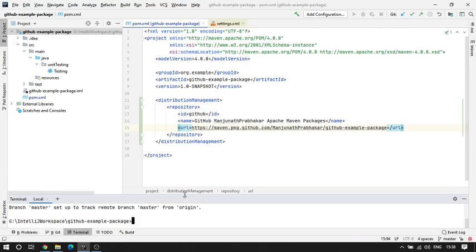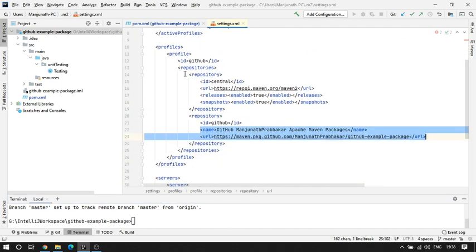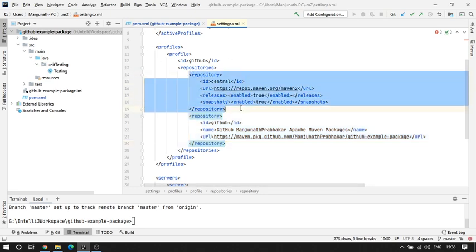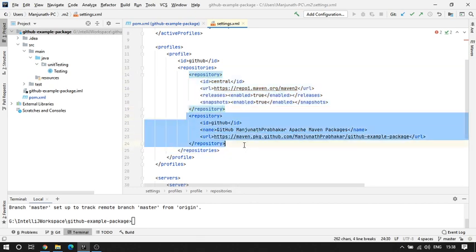Before I do this, I'll explain what we are trying to do here. Why is there a Maven Central Repository and a GitHub repository? Most of the dependencies for your Maven project will come from Maven Central Repository, and certain things, like what we are doing now, might come from GitHub repositories. So in your project, you might have a mix of some repositories hosted on GitHub and some on Maven Central Repository.